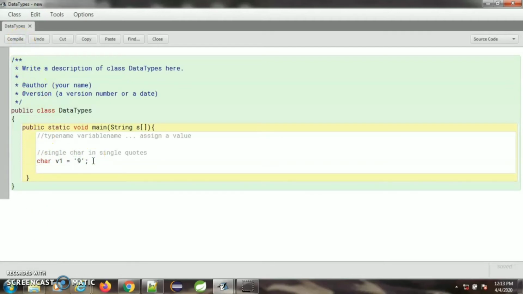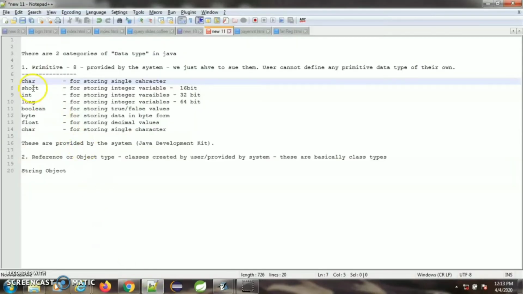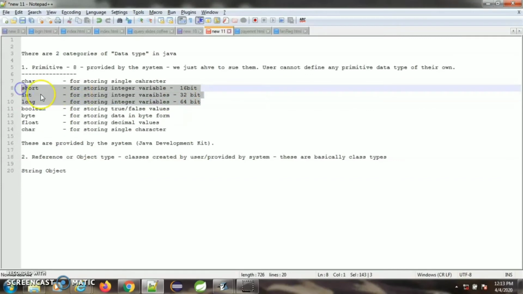Now let us go to the other data types. We can see there are three data types which are almost of the same nature: short, int and long. All three of them hold integer values. Integer values means values which do not have any decimal, like -1 or 2 or 0, without any decimal point. The only difference between the three is the size. Short will occupy 16 bits in memory, int will occupy 32 bits, long will occupy 64 bits. So only the memory size is different for the three, but the type of value they are going to store is the same, and it is an integer value.